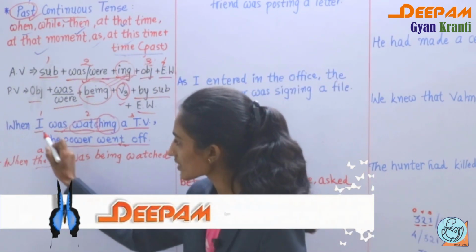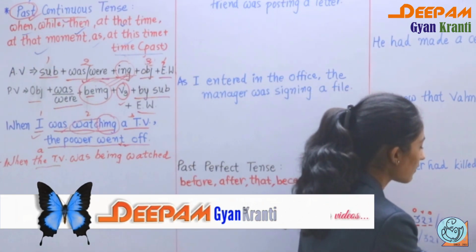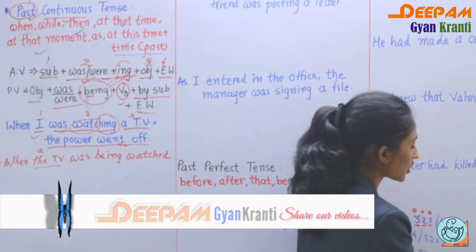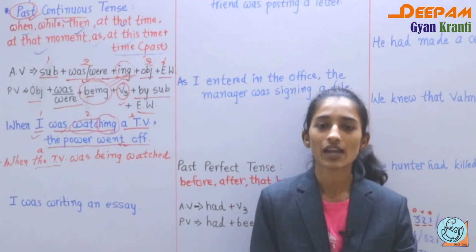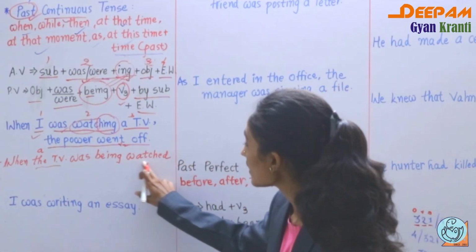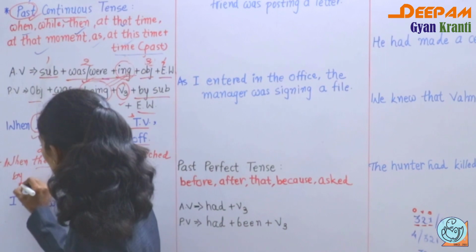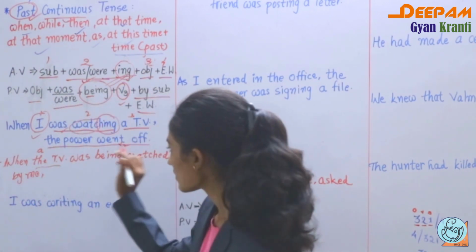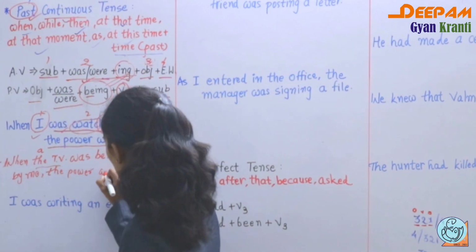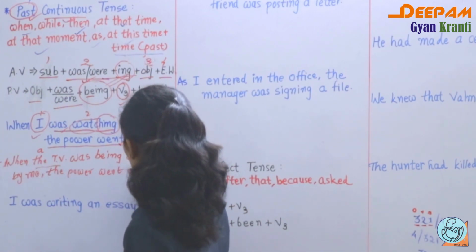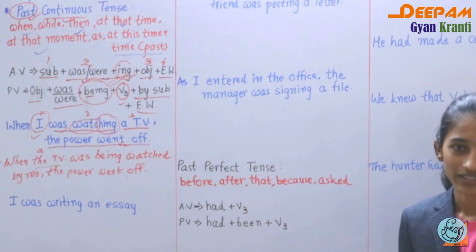Now the subject, first number, so I. So we have already completed that. When I is given, so by me, we by us, you by you, he by him, she by her, it by it, they by them, and if any name is given, then we have to add by name, right? So being watched, I is given, so what is the answer? By me, right? Then the second sentence is as it is, the power went off. So this is the answer: when the TV was being watched by me, the power went off.